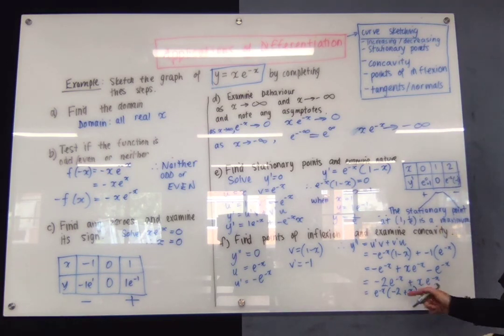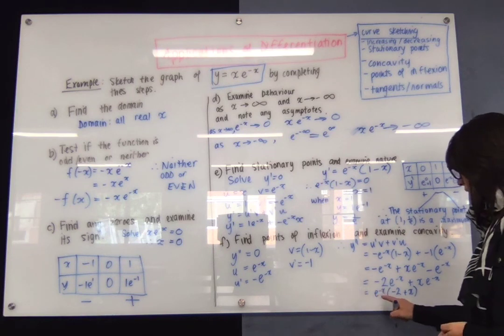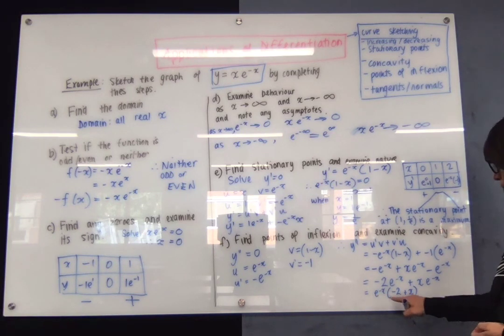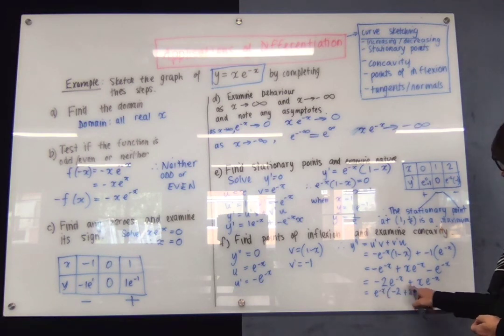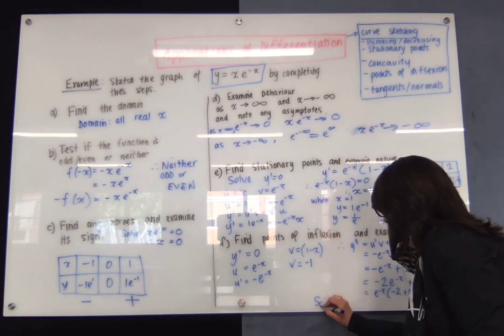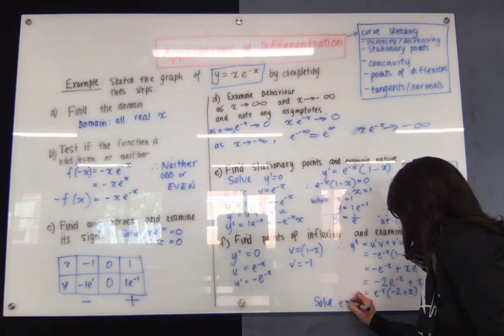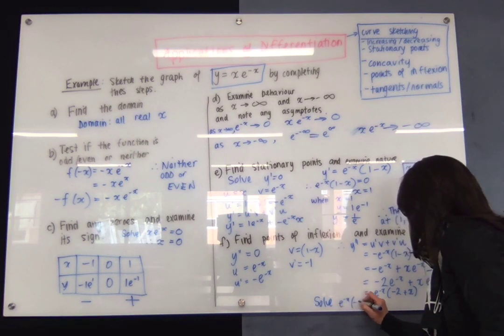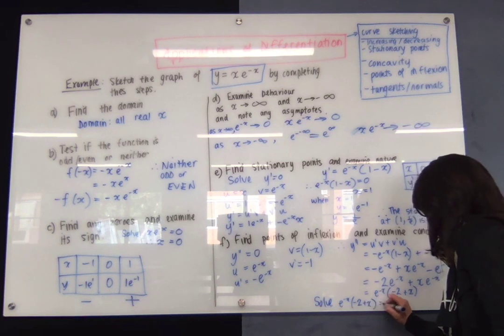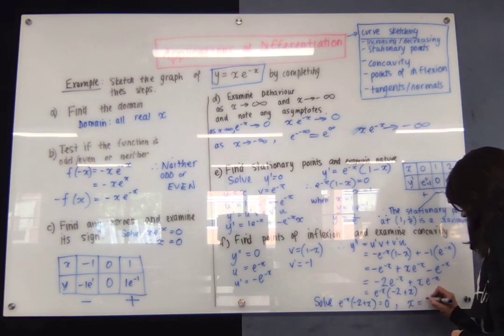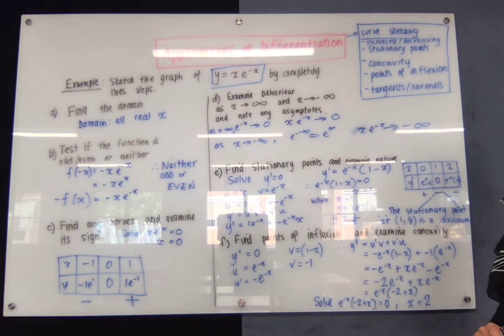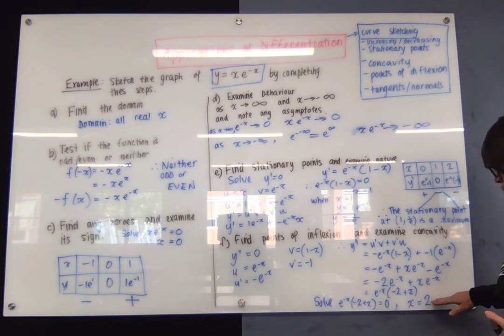x. Now hopefully we remember that when we're multiplying two terms together to solve equal to 0, e to the negative x is not going to give us any solution, but our solution will be when x equals 2. So when we solve x minus 2 equals 0, we end up with x equals 2 is our possible point of inflection. Now we need to find our corresponding y value and then test that there's a change in concavity around this